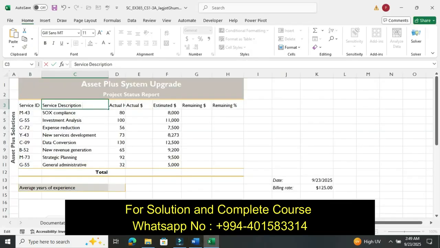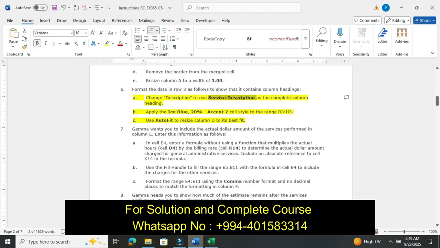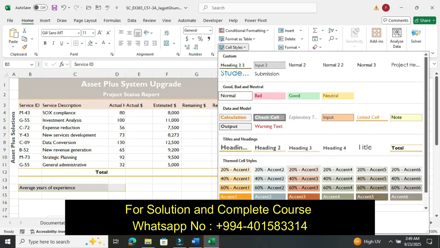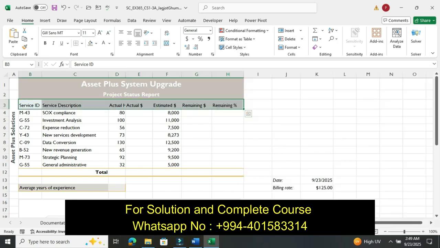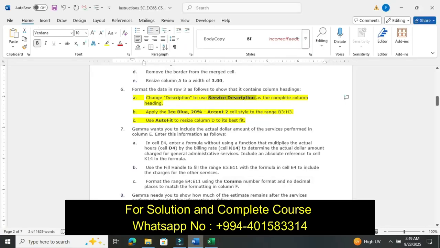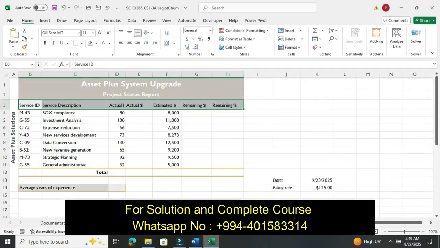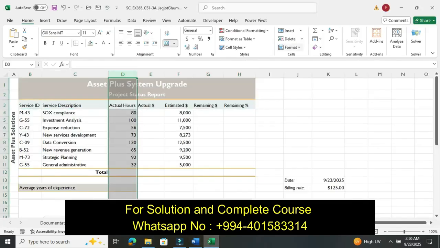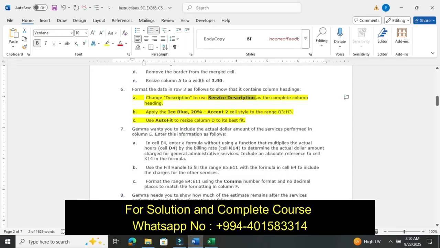Then use AutoFit to resize column D to its best fit. Simply select column D and click AutoFit Column Width. So our step number 6 is done.